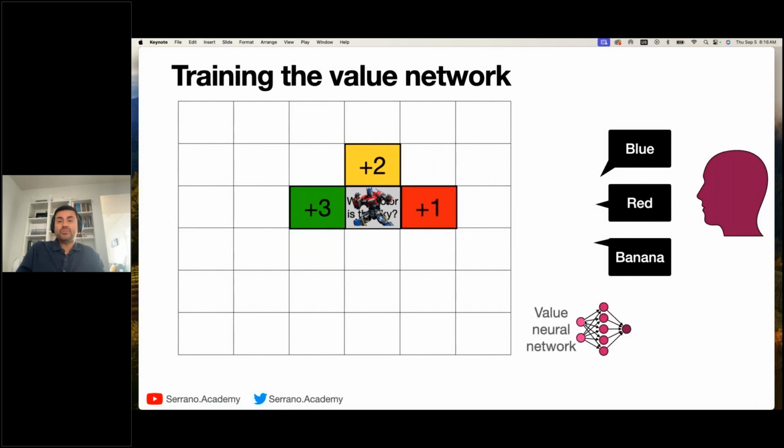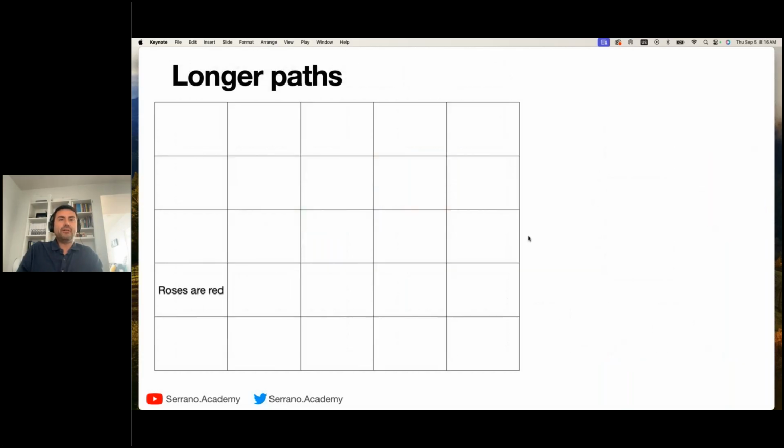And now what we have to do is train a value neural network to guess these values. The point of the value neural network is to guess what the human's gonna say. And then we also have a policy neural network that's gonna train what the next action will be. And that's the transformer, because that's the one that picks the probabilities, right? The policy neural network is ChatGPT, the language model that, when it's given some text, adds the next word.